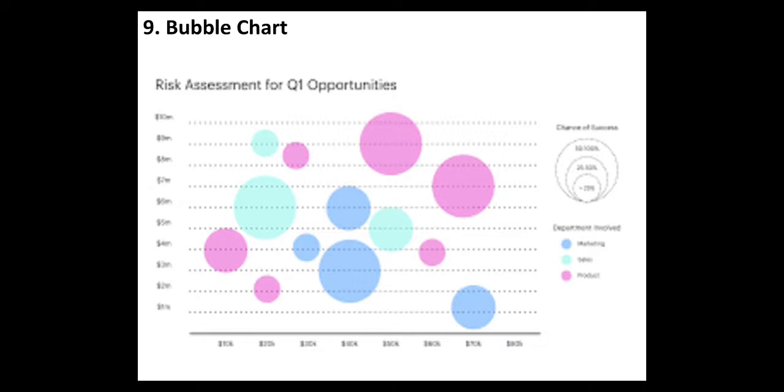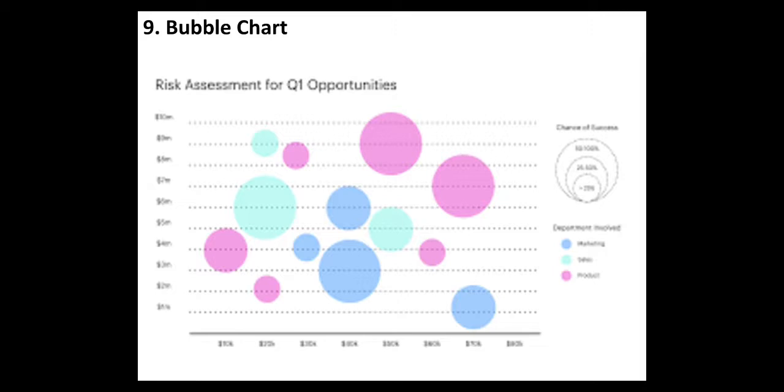A bubble chart is similar to the scatter plot, but you can introduce a third variable to the visualization by having the size of the bubble indicate the value of the third variable. Really it is a good option for understanding the relationship between continuous variables.